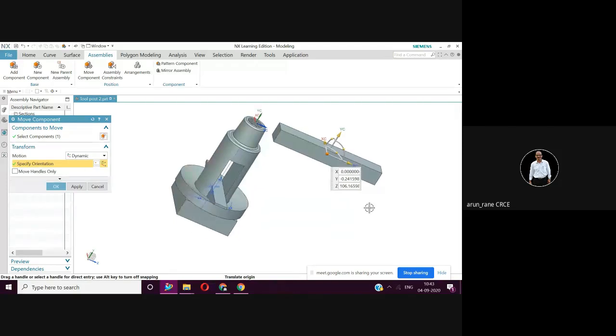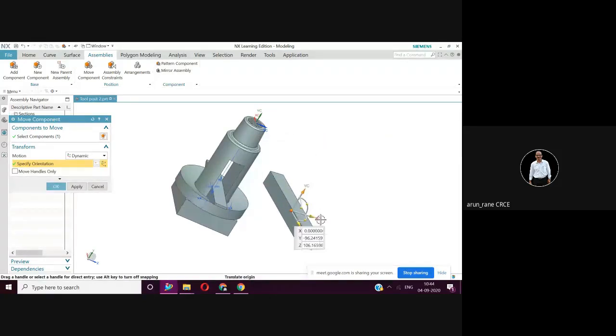Little hectic or tricky. So you can click at this and rotate it. Yeah. So reasonably you have made this parallel. Then you may take it down, and just try to bring it here. Okay, let's place it in the center.